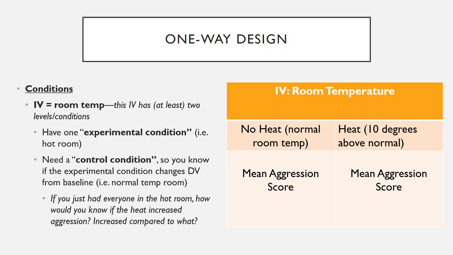So I would need to take aggression scores in my participants who were in the normal temperature room and the hot room, and I would have those two mean scores and I would compare to see whether or not those two averages were different. And that would tell me whether or not temperature... sorry, there's a garage door opening happening. The difference between those two mean scores would be what tells me that temperature seemed to cause a change to